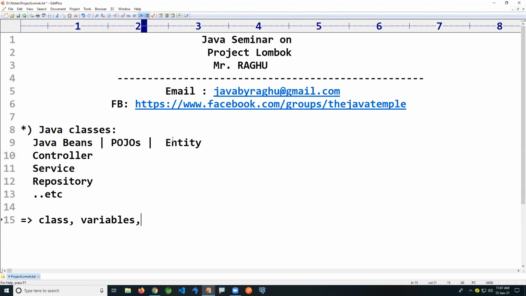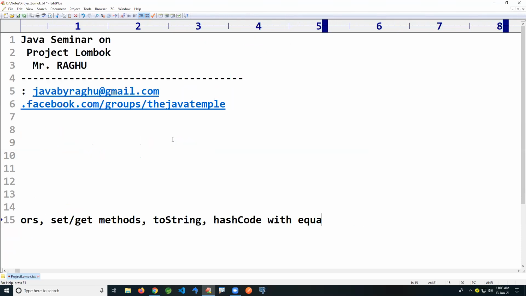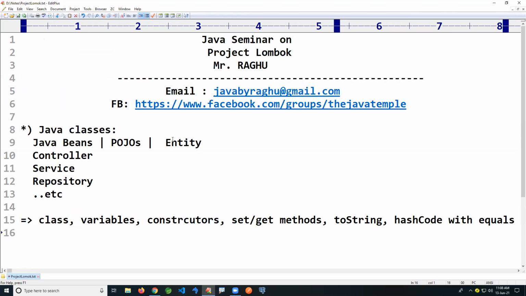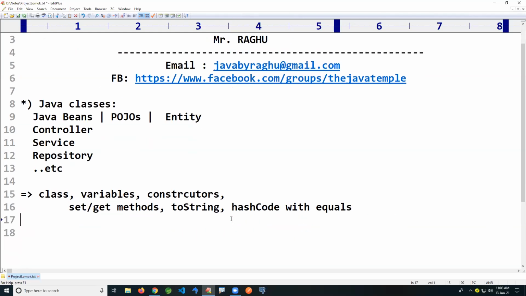Then we write constructors manually, set get methods we generate, or else we do manual coding, and the toString method, hashCode method, along with the equals method. These are the different types of methods we write manually, or else we generate code by using IDEs.